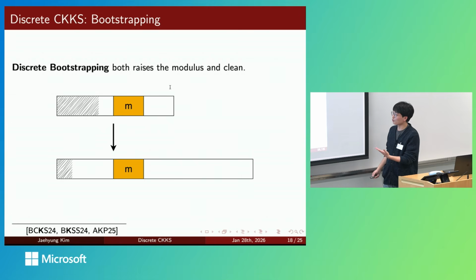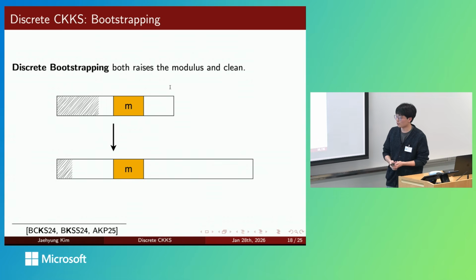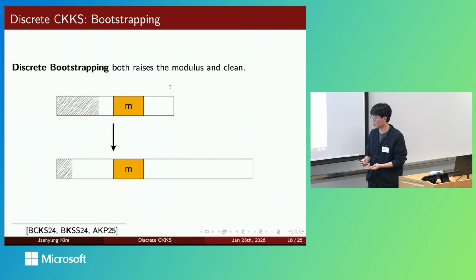I would also consider the property of raising the modulus, because this is kind of a hybrid scheme. So we also need to tackle the problem of the bar getting shorter and shorter. And for this, discrete bootstrapping is now defined as both raising the modulus and cleaning. And cleaning could be achieved by evaluating a good-looking real number function, and bootstrapping looks almost the same. But it turns out that we could achieve both at the same time easily by